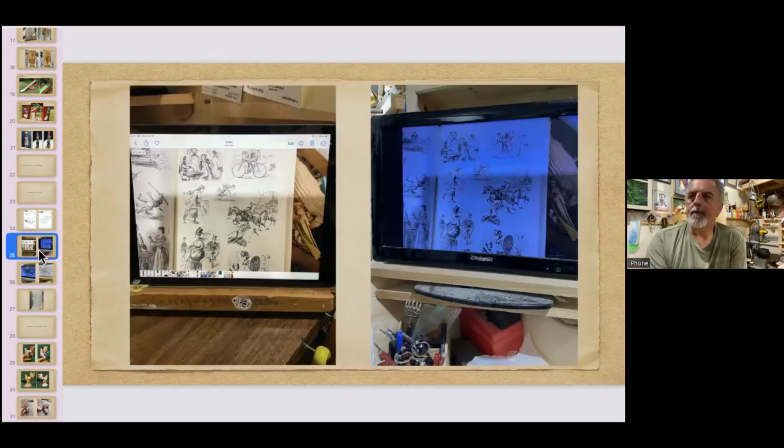So what I did, I took a picture, just a random picture out of this book, and that's what it looks like on my iPad, and that's what it looks like on the TV screen, on my monitor screen. So the next picture is